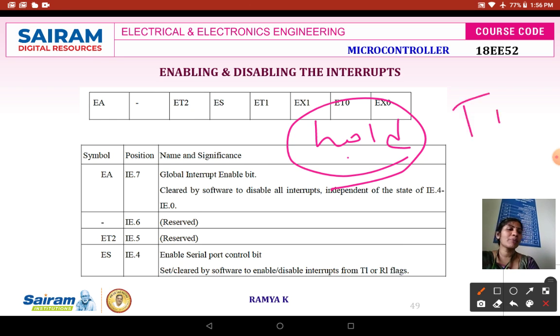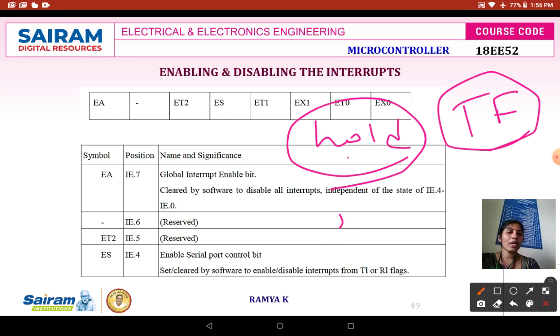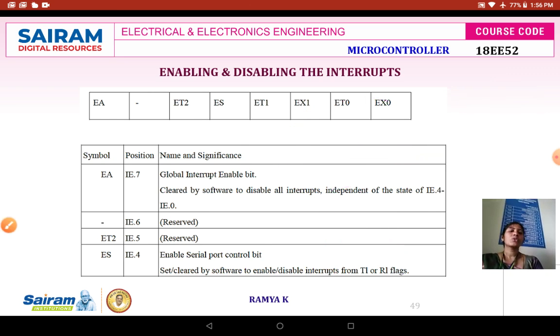So when your timer flag is executed, the current execution of your 8051 is temporarily stopped and it follows your timer interrupt handler with the address 001BH. So this is the importance of your interrupt enable register.